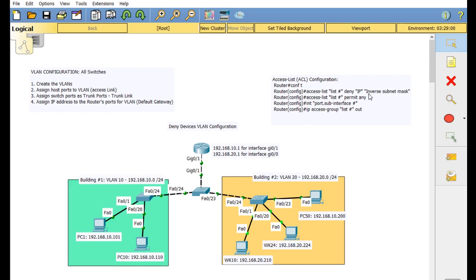Now, one thing that we need to understand is the access list number, deny, the IP address, then the inverse subnet mask. This is the opposite subnet mask. Okay, that's what we call it, the inverse subnet mask. And we make the configuration in the router. So let's look at it right now before we